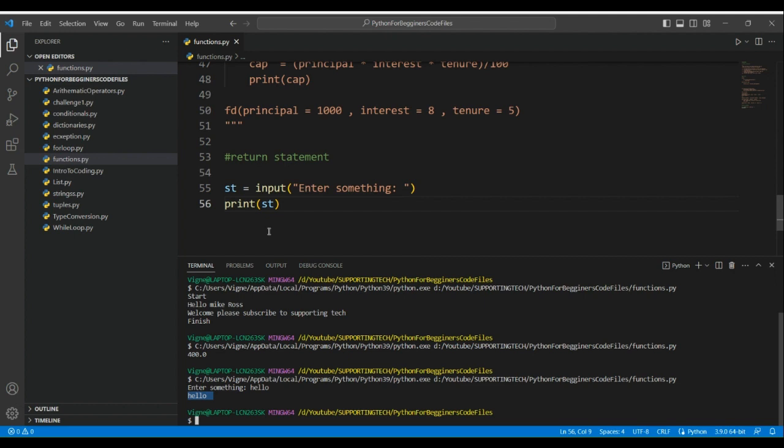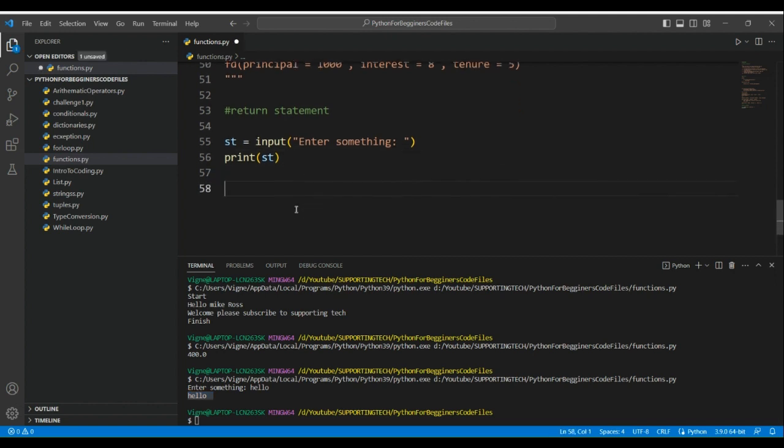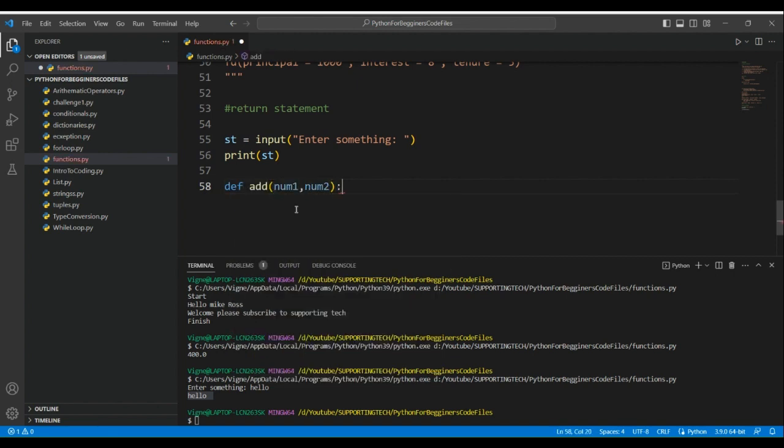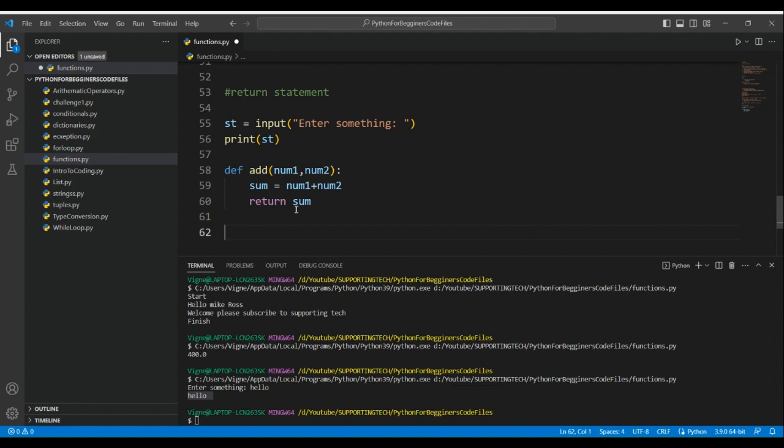Let's start by defining a function called addition. This function will add two numbers and send the sum back to the main code. So with the return statement, the scope of the function ends. With the help of the return statement, we can return the value of the sum to the program. When the function is called in the main program, let's say,